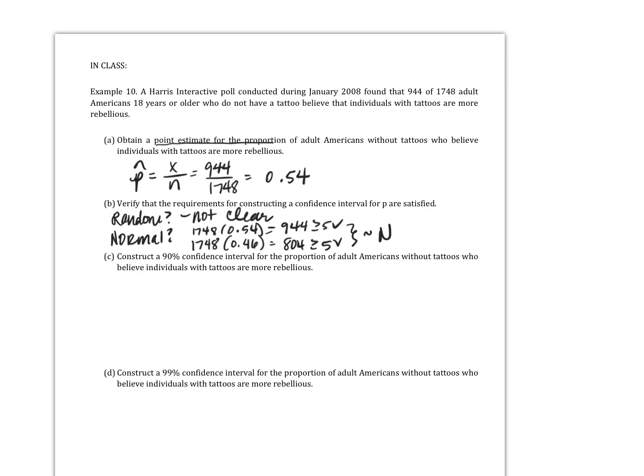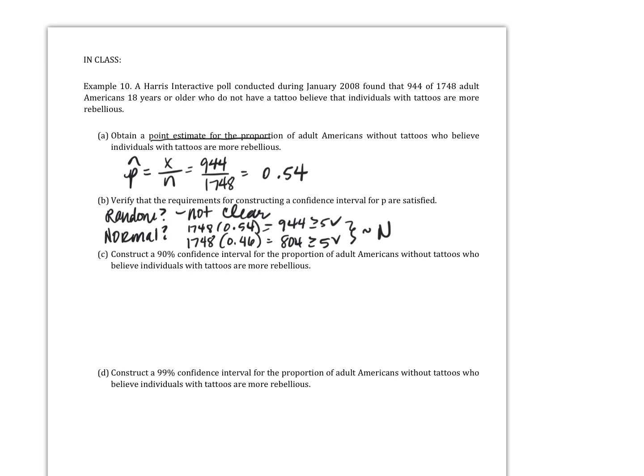Done and done. It says construct a 90% confidence interval for the proportion of adult Americans without tattoos who believe individuals with tattoos are more rebellious. All right. So now we're at that confidence interval formula, right? It starts with what? Look at your charts if you're not sure. We're doing proportion, so it's the left-hand formula. Anyone? P hat. I'm going to write the formula because we're having troubles finding it. P hat plus or minus Z star